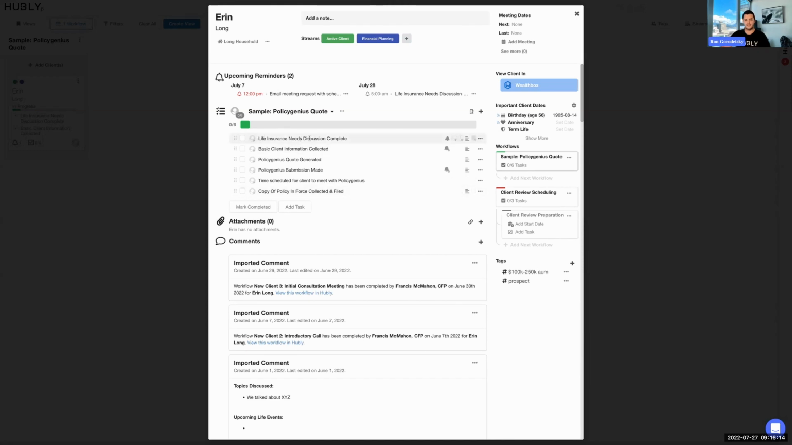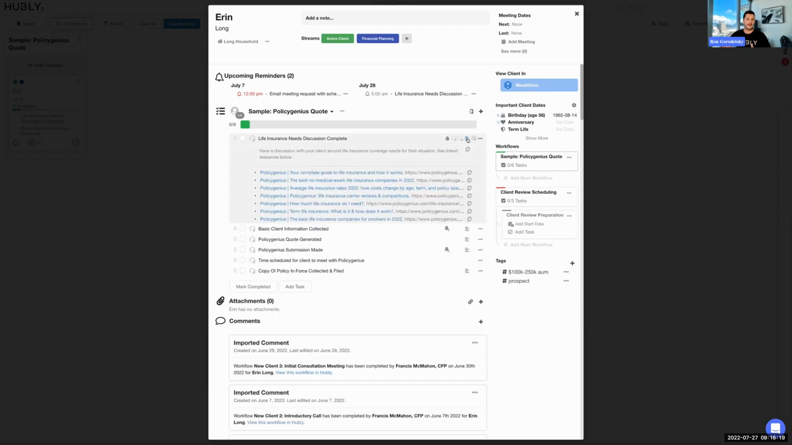For the life insurance needs discussion, we worked with our existing users who had a chance to trial this workflow first and give us a bunch of feedback, and also with Policygenius to curate a couple of articles that give you great starting points for that conversation. Of course, you don't have to keep all these articles as templates. You can pick your favorites to help guide that conversation as a resource and a bookmark, and you can update them in this workflow's template in Hubly. Once that conversation is complete,